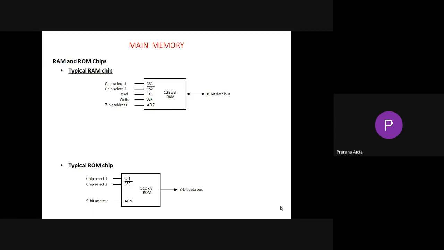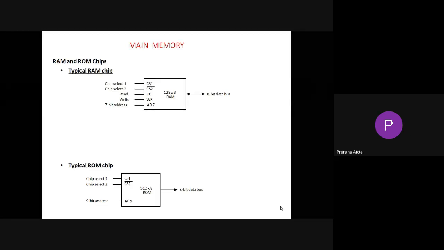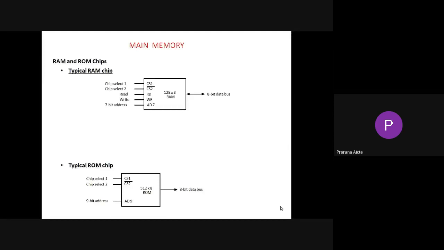Main memory consists of two types: RAM and ROM. First one, RAM. RAM is volatile. Volatile means whenever the computer is switched off, the data will be lost. RAM, random access memory, is used to designate read or write, to distinguish it from a ROM. Random access memory is used for storing the bulk amount of programs and data that are subject to change.